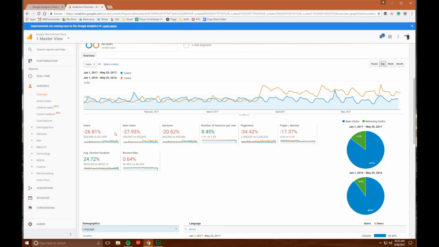Users are unique people or devices that are engaging with your website. Sessions is how many times they're coming to your website, and you've got a nice feature when you hover over stuff. Don't be afraid to do that. Sessions per user, page views, pages per session. That's a good one to look at because how long are they staying and how deep are they engaging